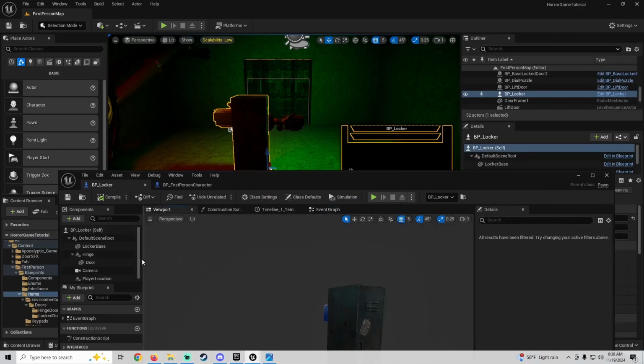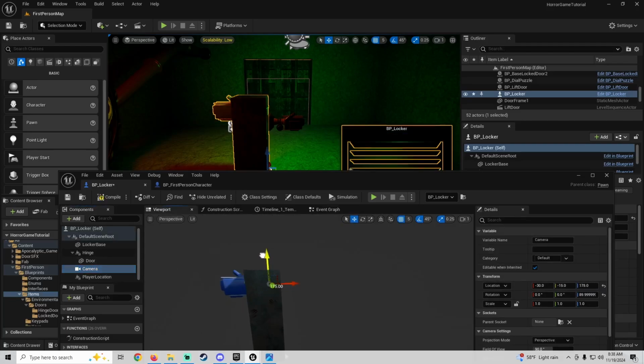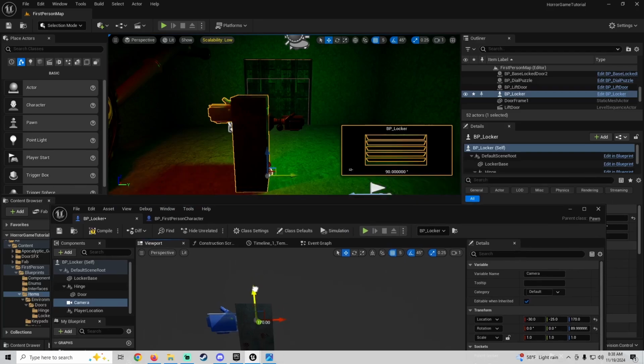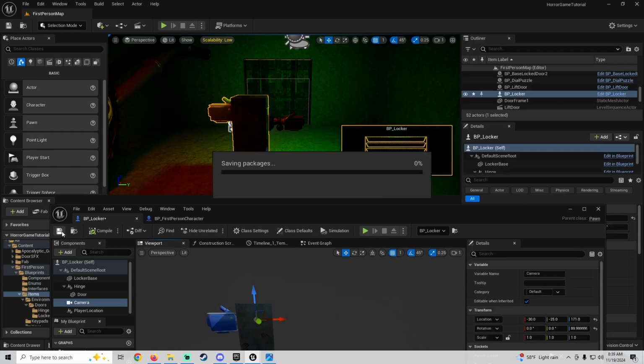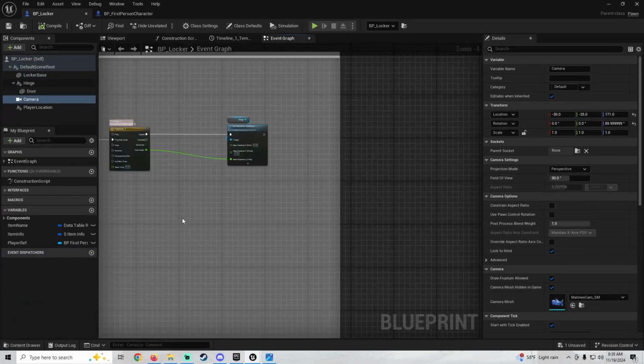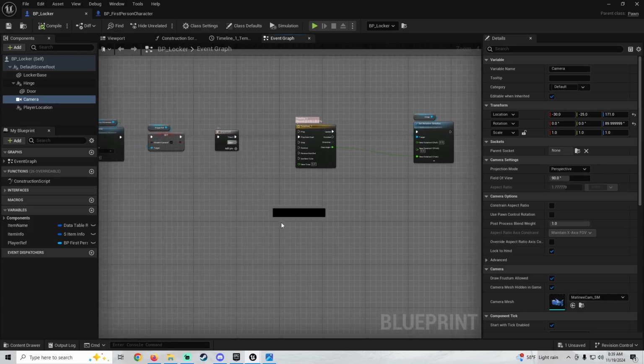So let's go to viewport, camera, and I'm just gonna tweak this till we get it at a good position, kind of like you're looking out here. You can see enemies and stuff. I'm gonna angle it. I think about right there is good. Cool. So let's go back to the event graph, and on our next sequence here,